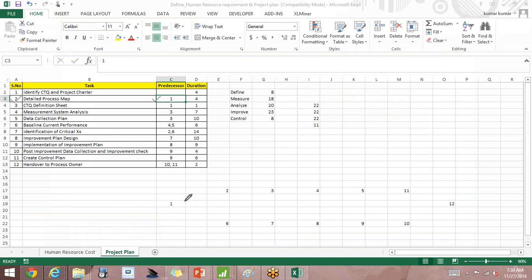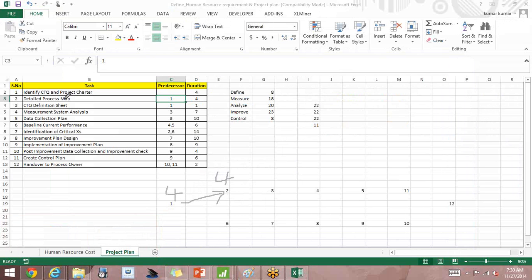Predecessor means it would be like this. And they're telling this step 1 will take 4 days, step 2 will take 4 days.